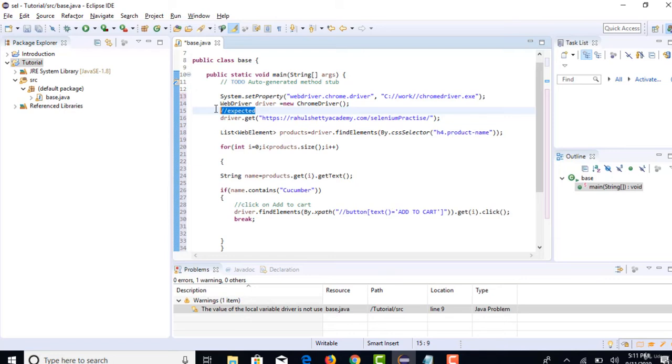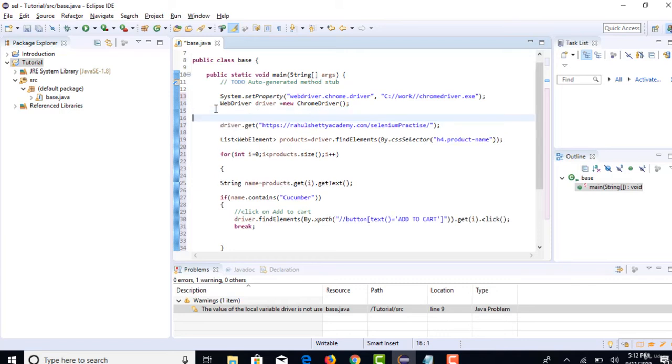In this way we will mix both Selenium and Java. Right. How do you declare an array in Java? Firstly, how do you declare a variable in Java? We already did this. The simple way of declaring a variable is String name equals cucumber.